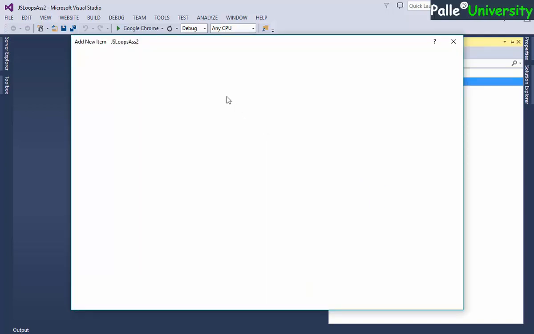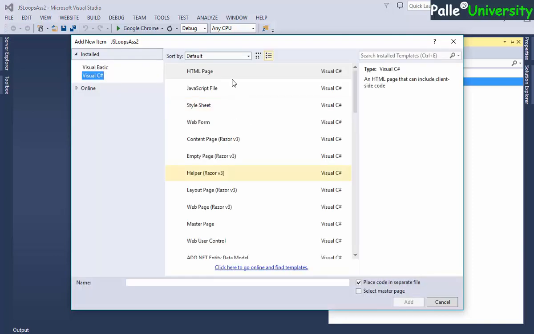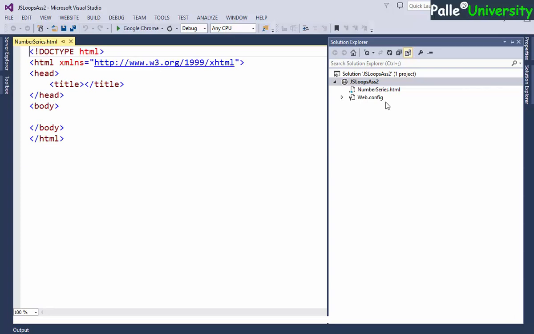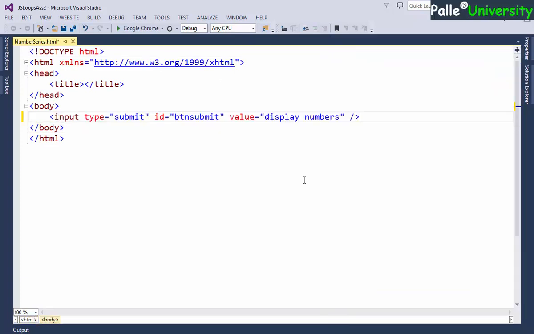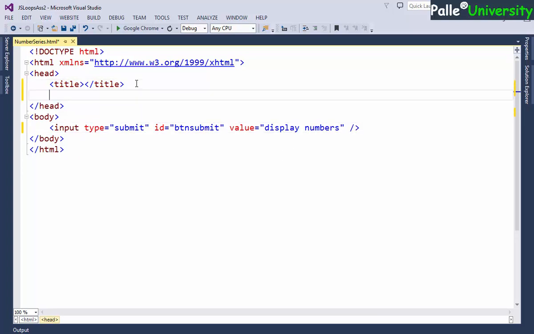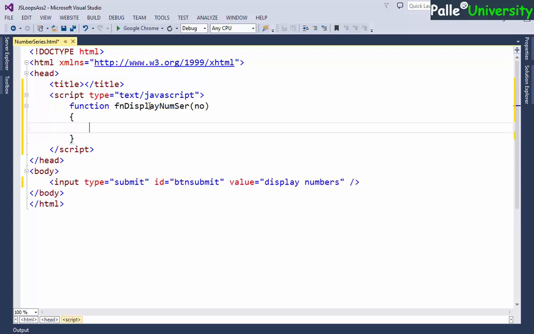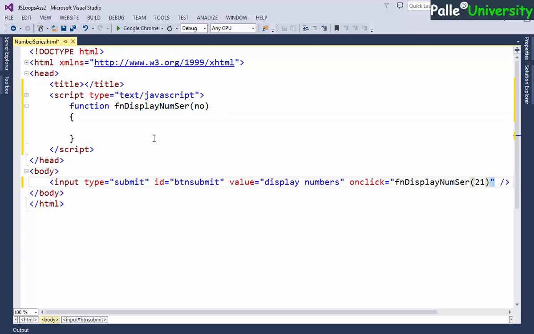I will create a new HTML page with the name number series.html. After creating the page, I will create the button control like this, and in the header portion I will create a script tag, and I will create a JavaScript function like this, and I will call the JavaScript function from the onclick event.